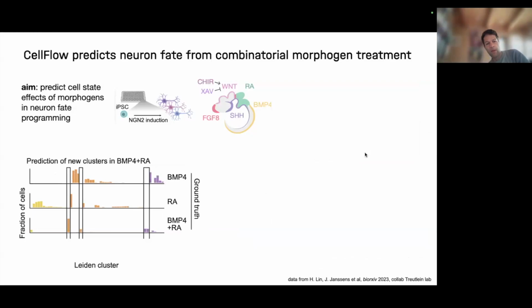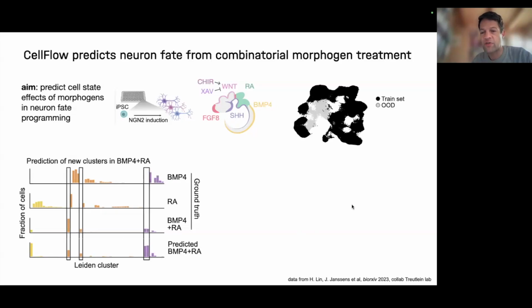So now, can we predict new clusters? For example, go to a combination that hasn't been seen. So we just take two factors that you could add here, those two, you hold them out. Do we generate a really new state? And then we see actually that this is what the new one is, which doesn't exist in the old individual ones. So you see the individual ones don't give rise to the combination, but the prediction actually does.